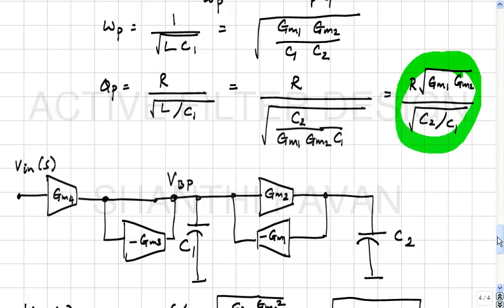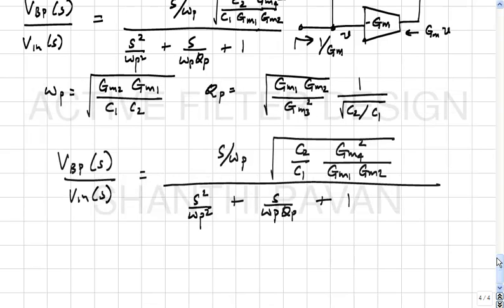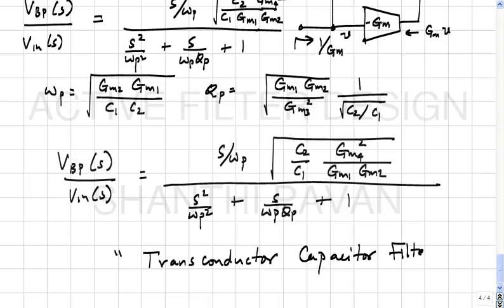So all that you see here are transconductors and capacitors. So this way of implementing active filters are what are called transconductor capacitor filters, or transconductance is GM, capacitance is C,